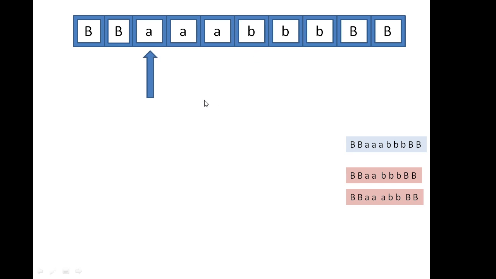This problem is something like the box problem that we have seen before. This is your room number 1, and this is your room number 2. In room number 1, all boxes are named A. In room number 2, all boxes are named B. So this is a problem of an equal number of A's and B's. You have to make a Turing machine that recognizes an equal number of A's followed by an equal number of B's. So how will you check whether an equal number of A's and B's are present? That is your problem.